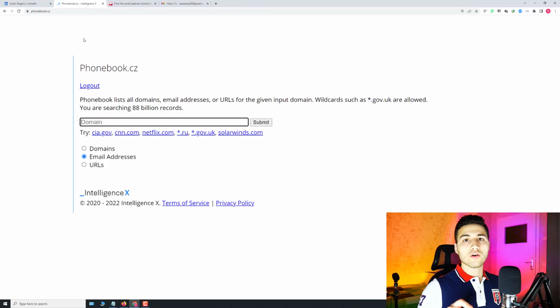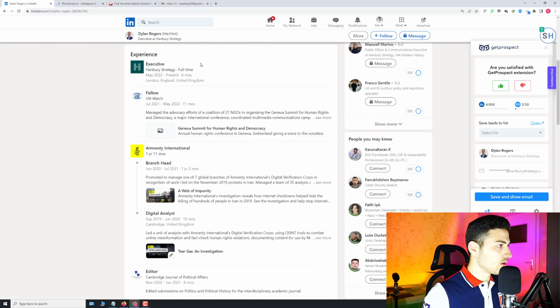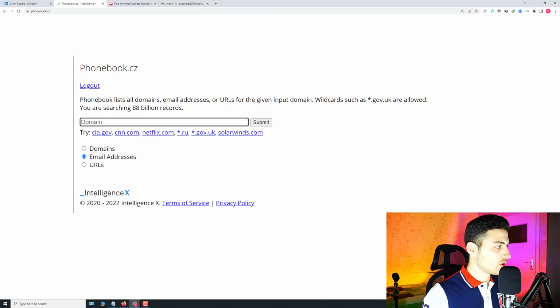The second resource that I highly recommend by Intelligence X is called phonebook.cz, which is a perfect website to get a list of email addresses of the people who work at a certain company. For example, let's take our first example, which is Hambury Strategy. All we have to do is just to go in here, for example, and search for their website. So it's hamburystrategy.com,